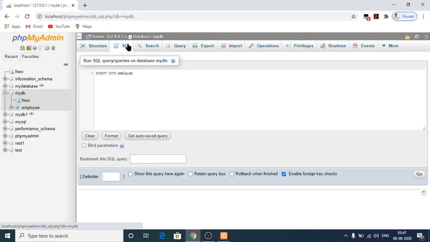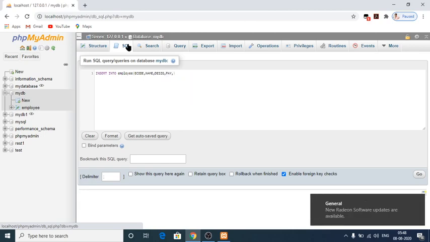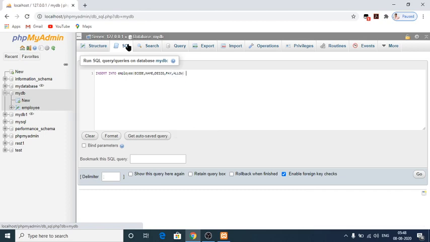Here I have to specify the fields: ECODE, comma, NAME, comma, DESIG for designation, whatever I have given as my fields I have to specify here. The next one is PAY, comma, then ALLOW, and here VALUES.